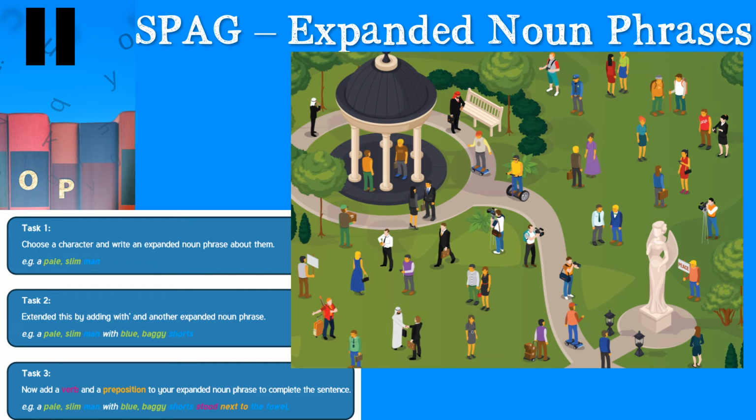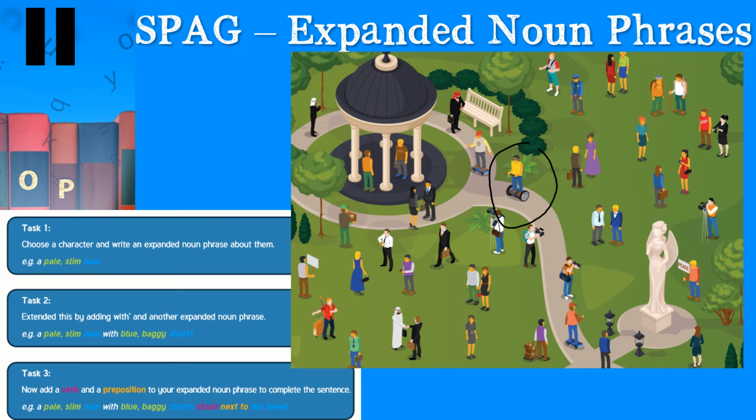Your expanded noun phrases should then be able to be used to help find the person. So, for example, on here they've taken a pale, slim man. They've added a second expanded noun phrase by saying a pale, slim man with blue baggy shorts. And then they've gone even further into detail by adding a preposition and a verb telling me what they're doing and where they're doing it. So if I took, for example,